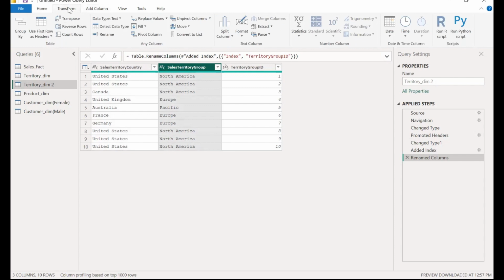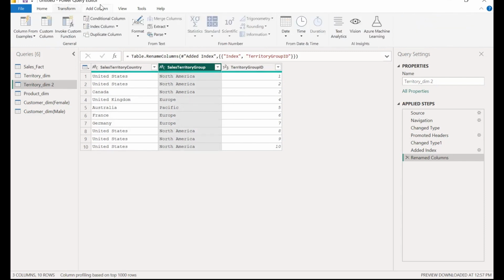If you use it in the transform tab, it works exactly like every other function: it affects the selected column. When you use it in the add column tab, it creates a new column containing the extracted value. When you click on the column you want,